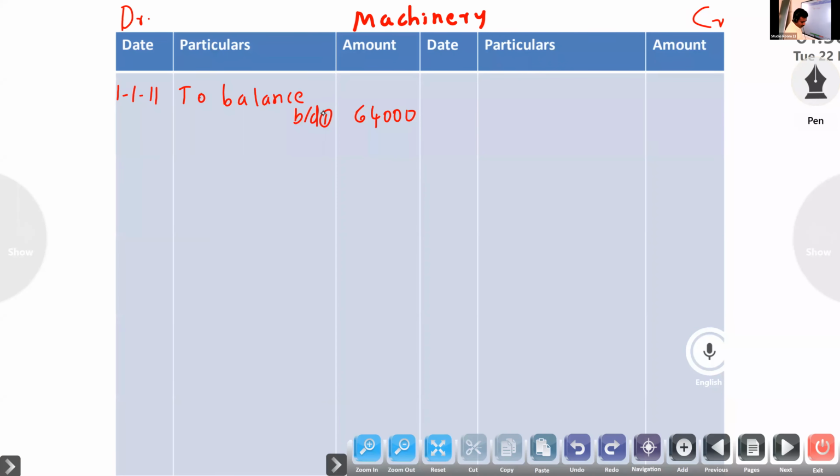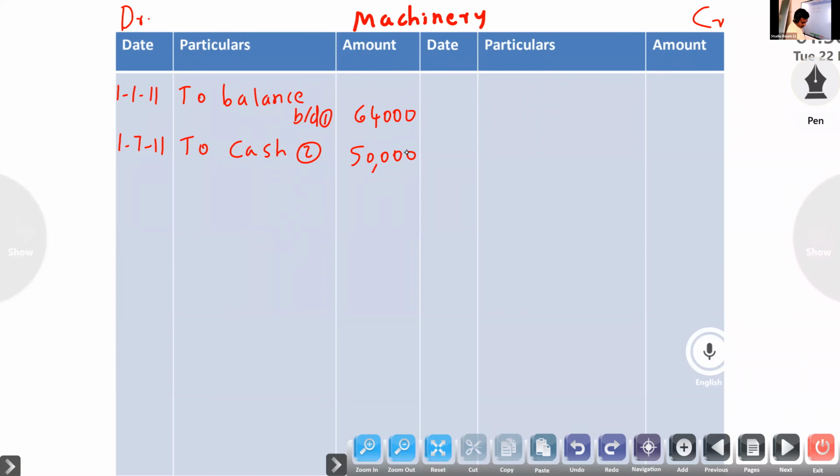Okay. So you have to look on 1st July. On 1st July 2011, we purchased another machinery for rupees 50,000. Another machinery for rupees 50,000. Okay. So next